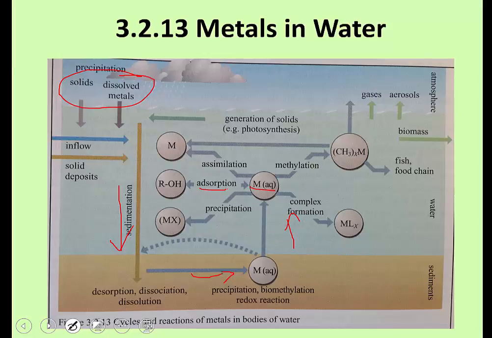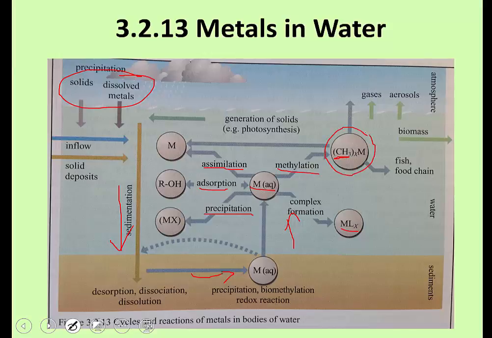So for example, hydroxides are a big way of tying up metal ions. They can precipitate out with something else. They can just be assimilated as a metal, so they can come out of solution in the metallic form. They can become methylated, so they can combine with hydrocarbons to form metallic hydrocarbons, or they can form complexes. Now, for most of these, those remain in the system and cycle through the system, but the one we worry